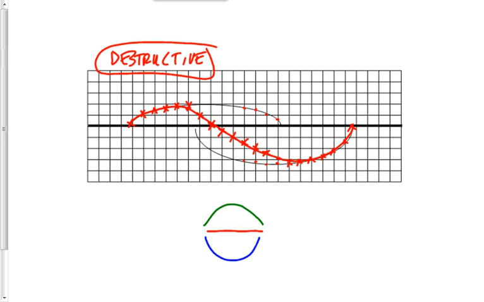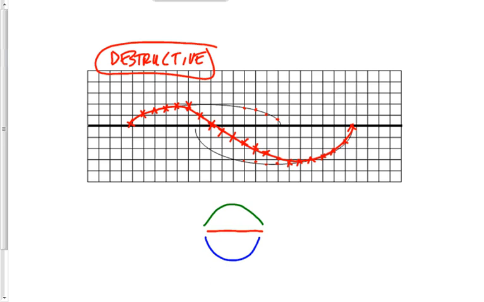Now, you can have earphones that cover your ears and shield them somewhat from these outside sounds, but never completely. So what a noise-canceling headphone does is actually detect that sound, and it reproduces that sound. It makes that sound again, and it makes it out of phase just a little bit, so that